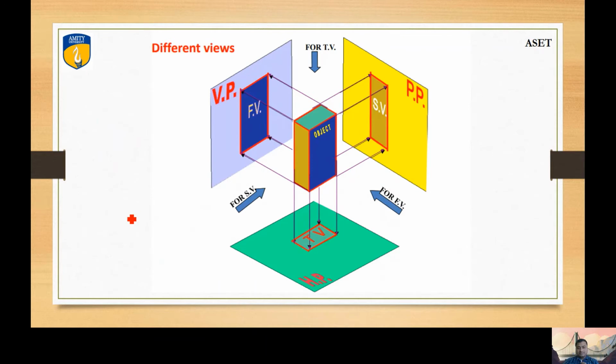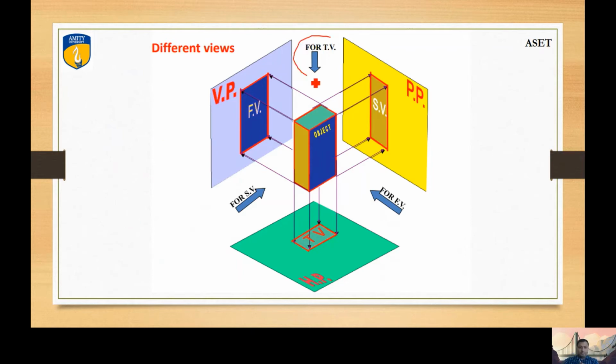Please, again, this is very important. I am going to repeat this VP term in the entire projection, so you have to be very clear. This VP means vertical plane, that is straight, the vertical. If you see the vertical wall in your house, the vertical wall can be considered as the VP, the vertical plane.